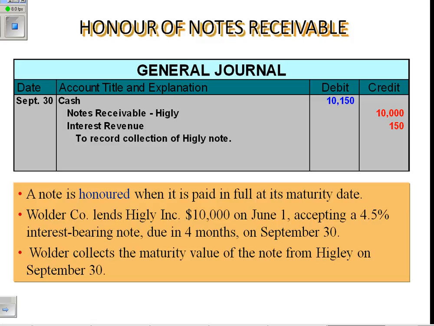In this example, Wolder Company lends Higley Inc. $10,000 on June 1st, accepting a 4.5% interest-bearing note due in 4 months on September 30th. Wolder collects the maturity value of the note from Higley on September 30th, and they recognize the revenue earned from that interest. So the journal entry is to debit cash or bank for the total of the amount of the note plus the interest,